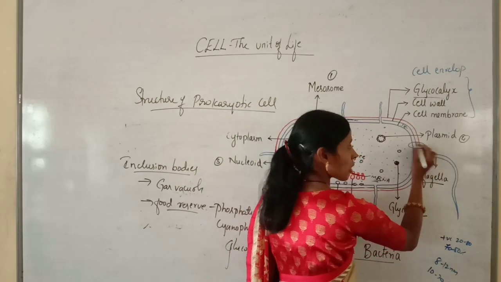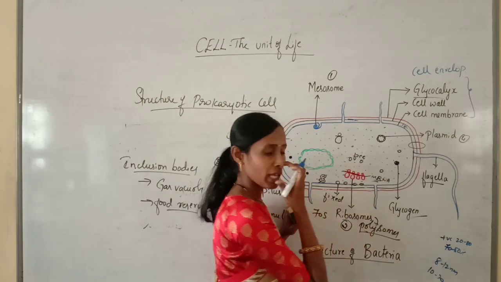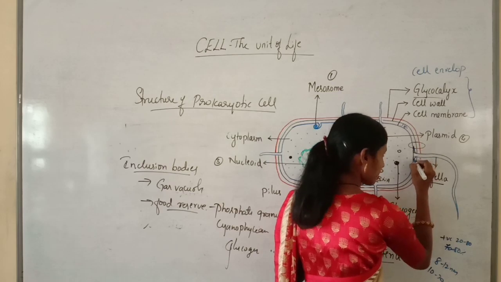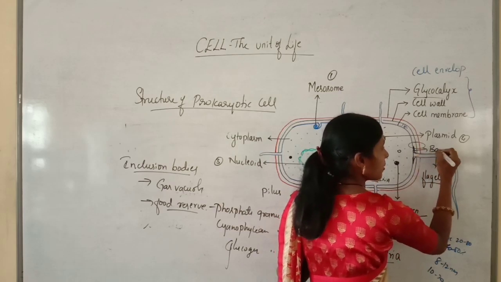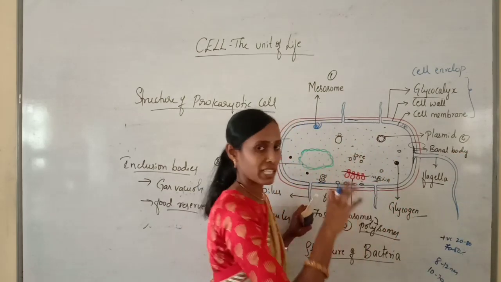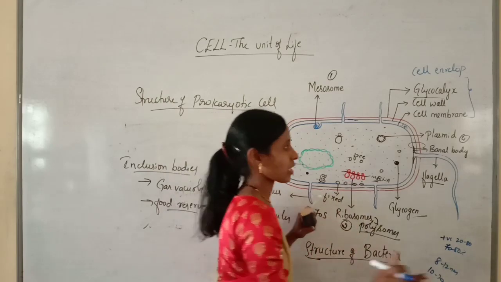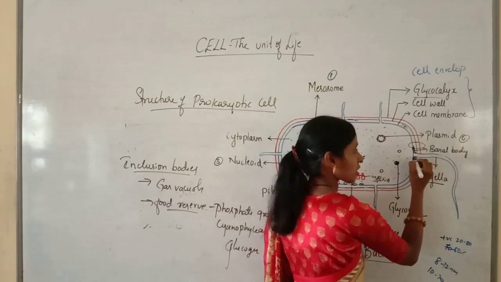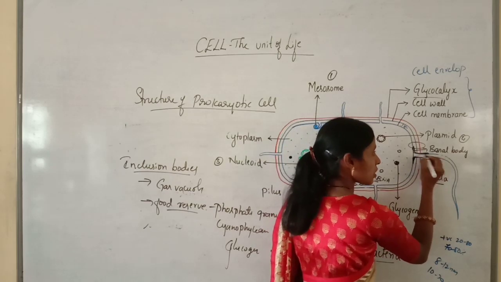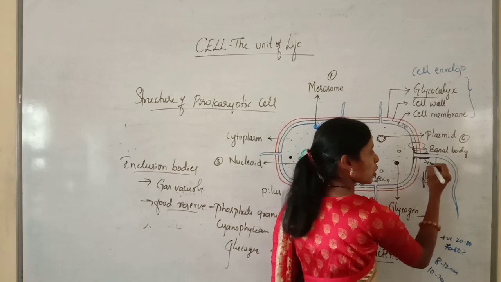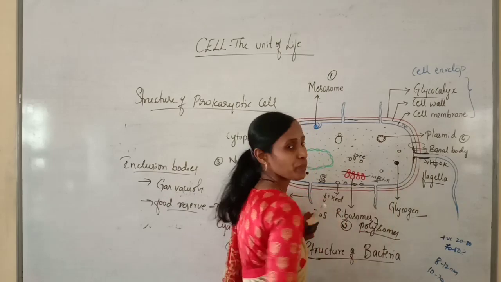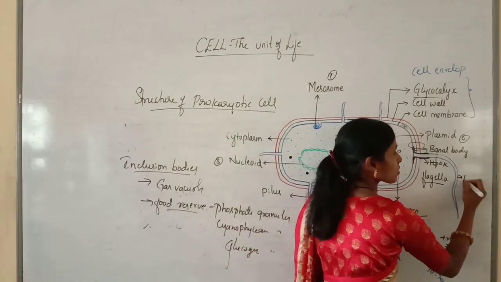So this complete thing is called the cell envelope, and this flagellum is made up of three components or three parts. Here you can observe a rod-like basal body. We will be studying in detail about the flagella structure. For now, only external features we can observe. So a rod-shaped structure called the basal body, and a tubular hollow structure called the hook, which will connect the filament and the basal body. And this elongated one is called the filament.